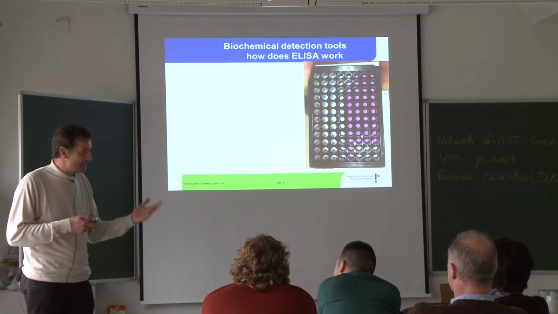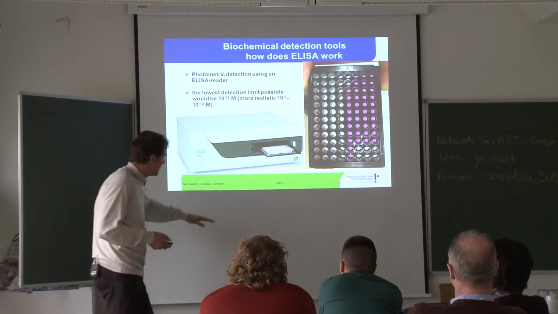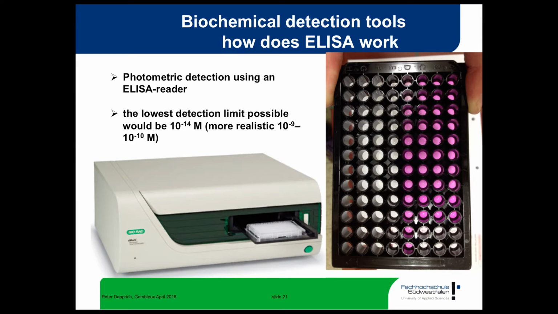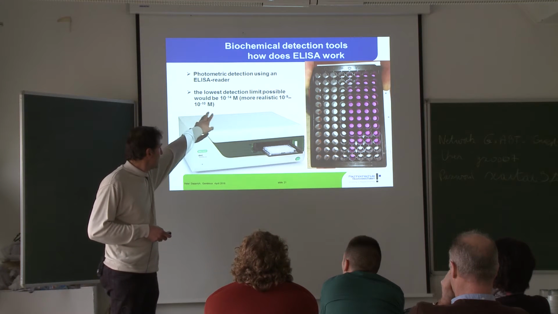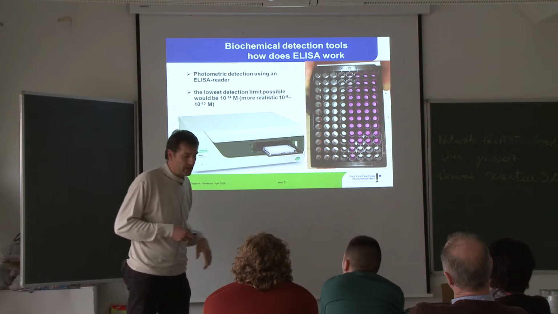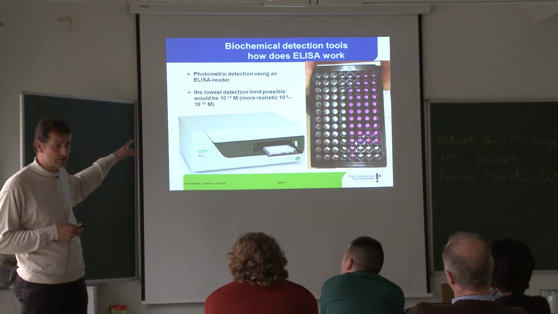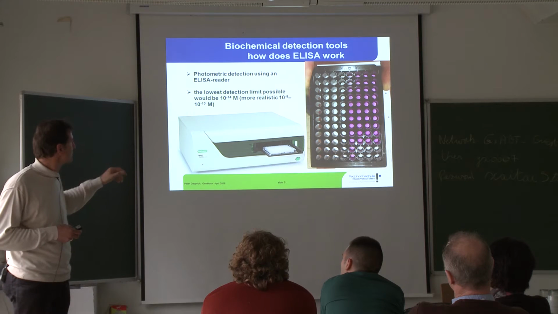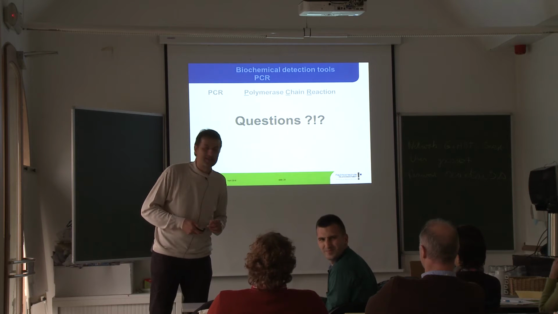Okay, sure. You need a standard, you need replicates, and so on. And then you put this well in the machine. It is shoved into the machine and then photospectrometrically analyzed. And then the machine tells you, with a certain detection limit possible, it is up to 10 to the minus 9. So it is, help me, 10 billion, one molecule in 10 billion. So quite sensitive. Good. Let's come to the PCR.